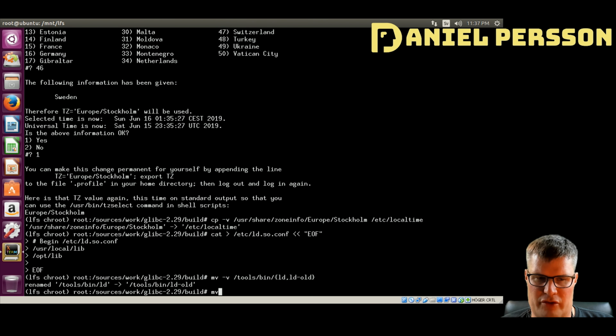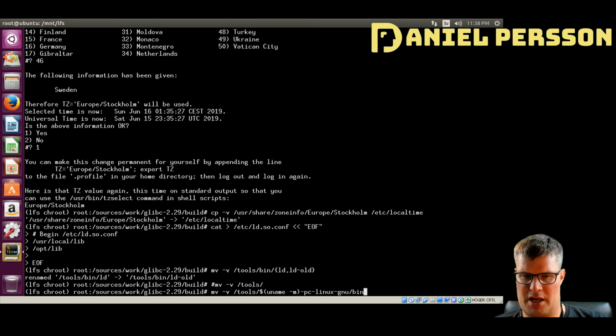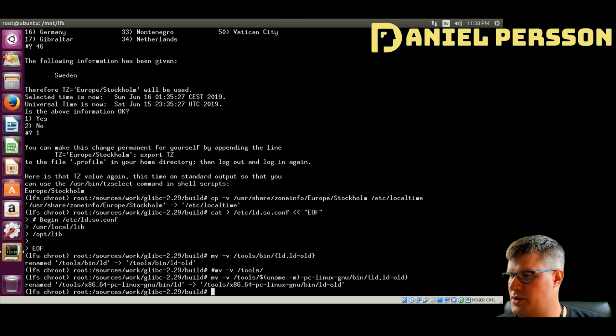We need to move tools, uname, machine, PC, Linux, GNU, bin, and do that as well here, ld to ld old. Now we have moved those as well,